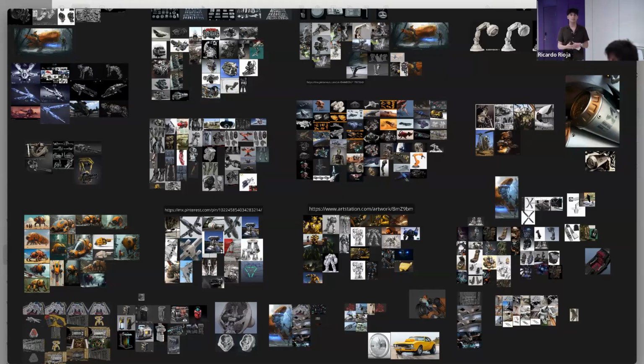And when someone asks me, where do I find reference? I can find it everywhere, like from real life stuff. For example, let's say that I'm doing a phone. I have a phone so I can look at it. If I don't have that thing that I'm going to model, I look at reference online on Google, Pinterest, everywhere can inspire you. And the third one is I look at other artists and how they interpret reality, right?